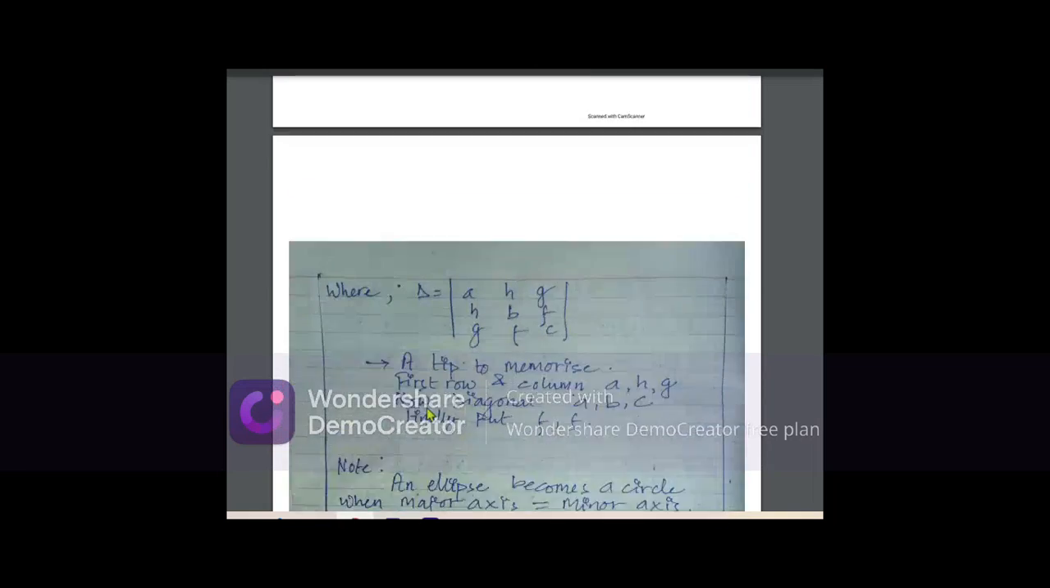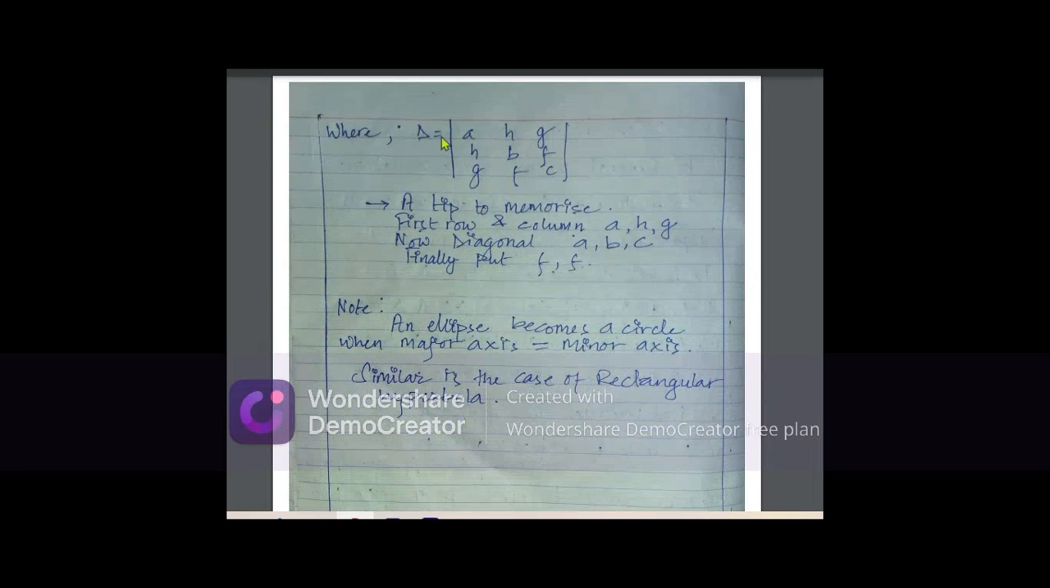move on to another topic, where delta equals the matrix of a, h, g; h, b, f; and g, f, c. This is a tip to memorize. The first row and column is a, h, g, the diagonal is a, b, c, and the remaining part is filled with f. In this way we can memorize the trick to the formula of delta. Note that an ellipse becomes a circle when the major axis equals the minor axis, and similar is the case of a rectangular hyperbola. So these are the basic concepts of